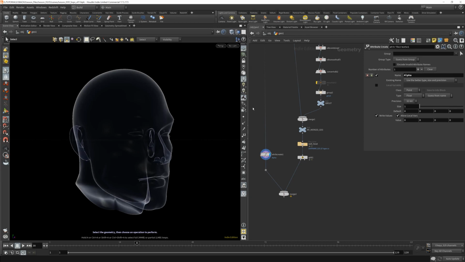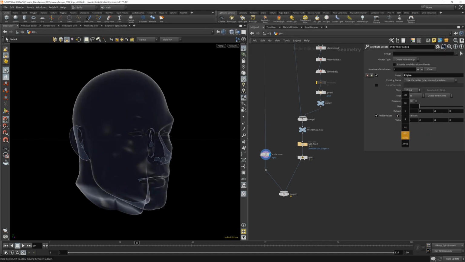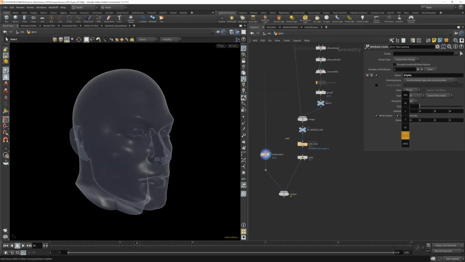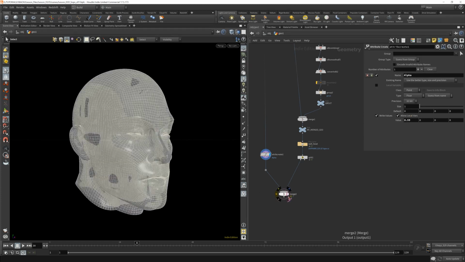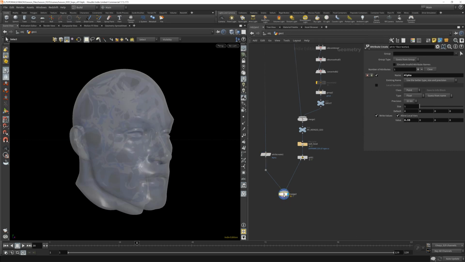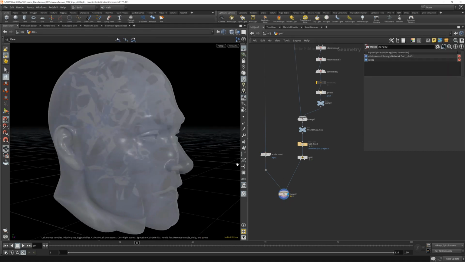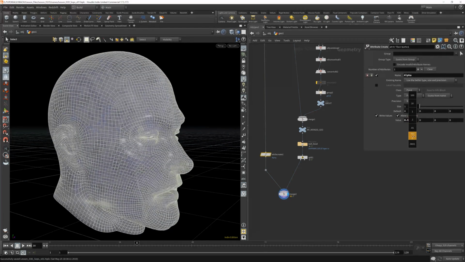If I turn on smooth shaded, you can see we get sort of an outline here. It's a point attribute. The value by default is being set to this first amount. So I can actually dial in and out the transparency on this alpha by just middle mouse dragging on this. So, suppose I wanted to have this be some disease that was inside this object and I merge these two together, you can see that I can kind of see through it. So let's just dial this alpha back until I get to a